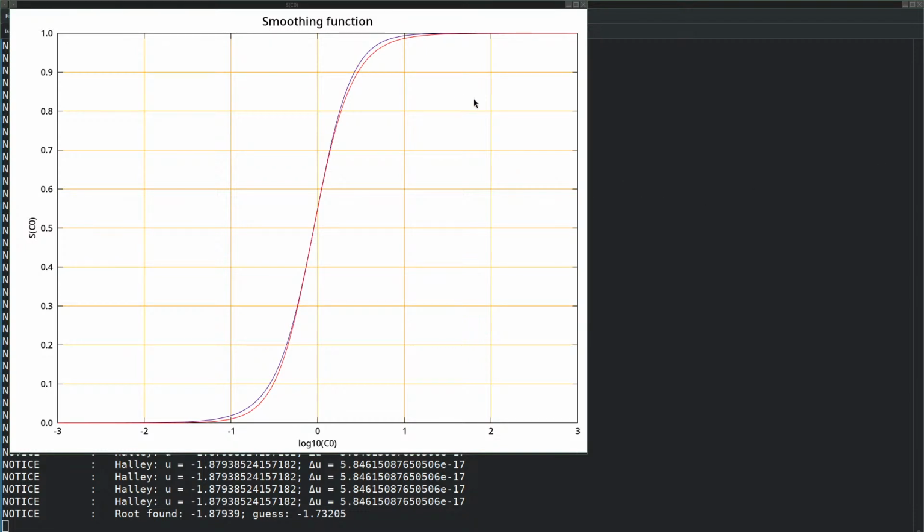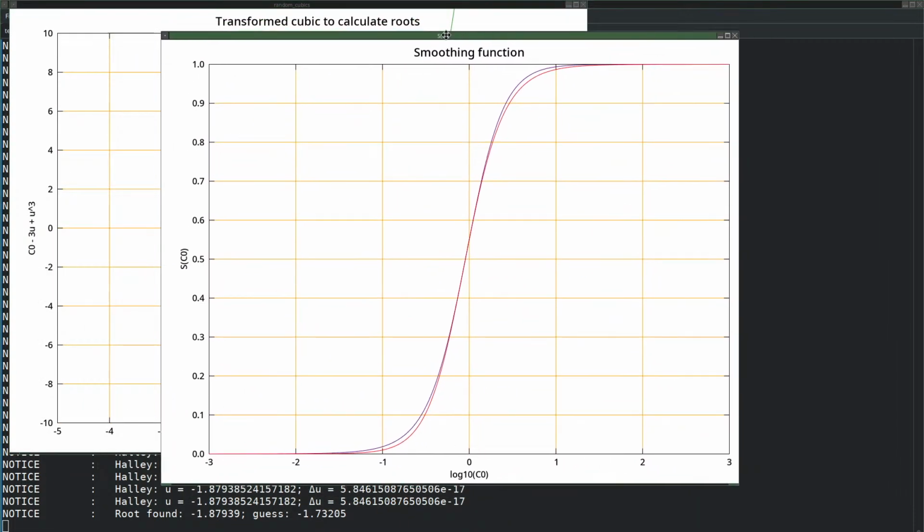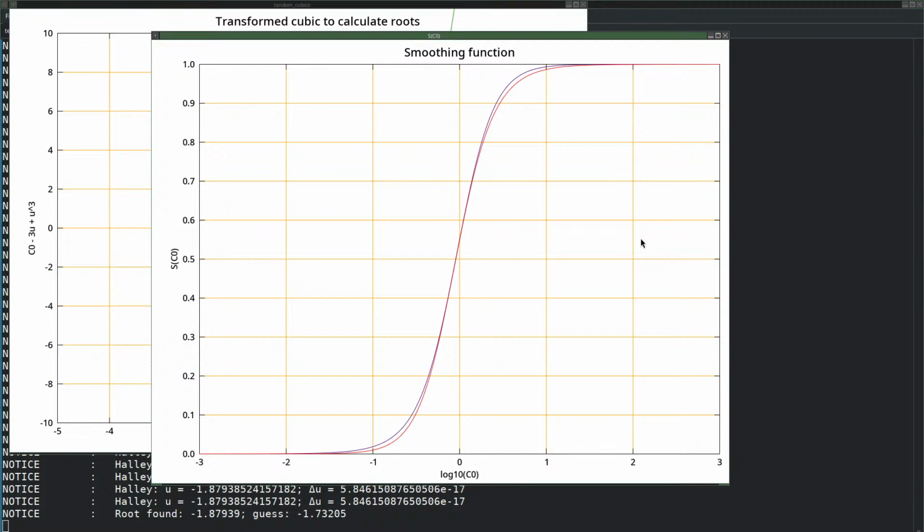No, it's not. It is not symmetrical. Yep. Well,